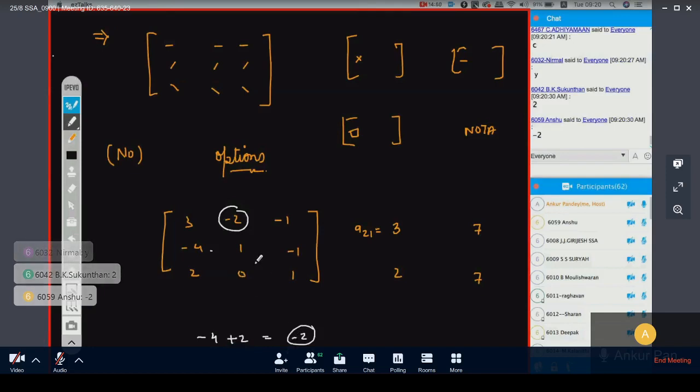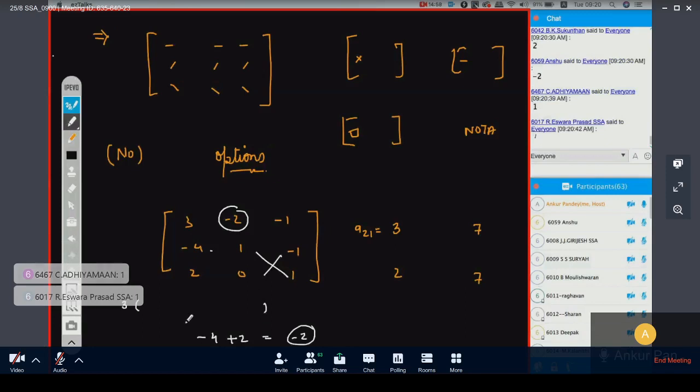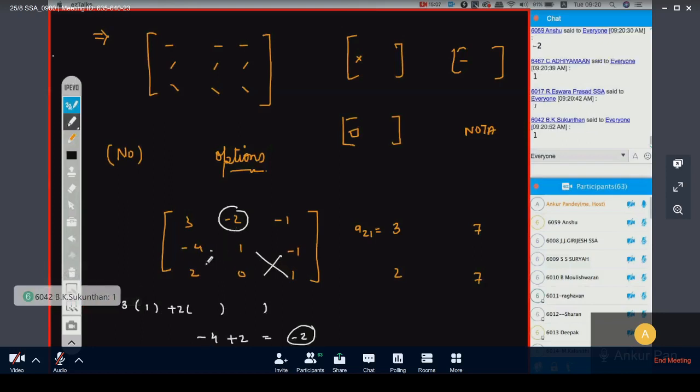Just check whether the determinant value is there or not. So 1 into 3. Minus of minus 2 into, clear? Into